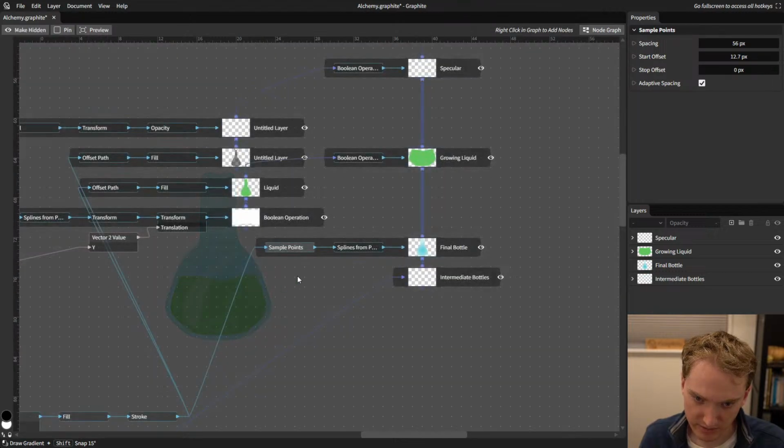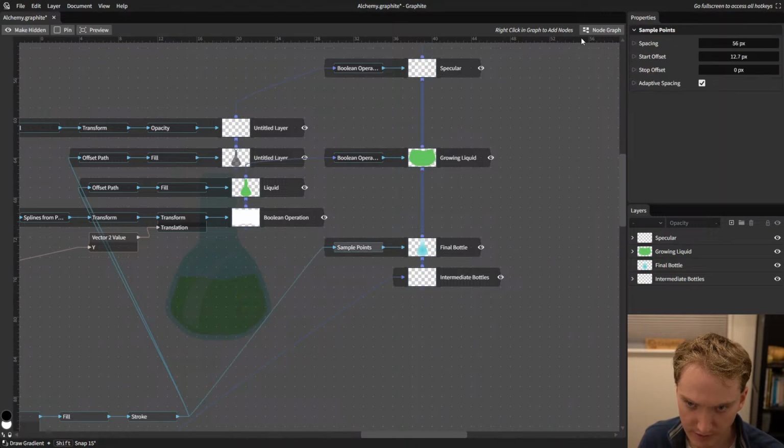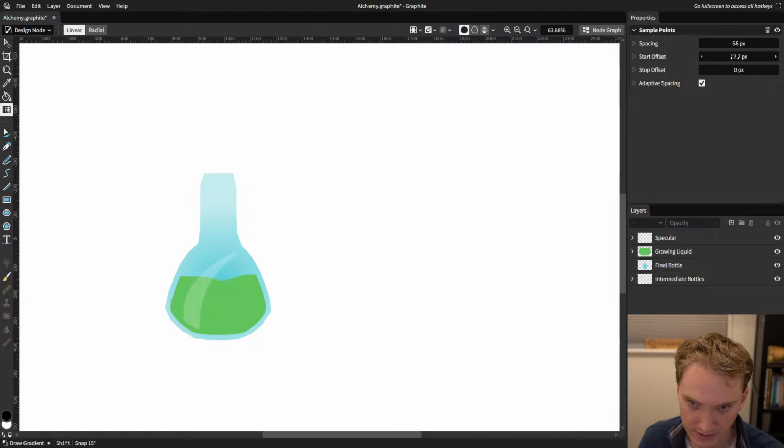Never mind, I don't like the spline from points. Yeah, okay. I think we'll lean into that stylization,